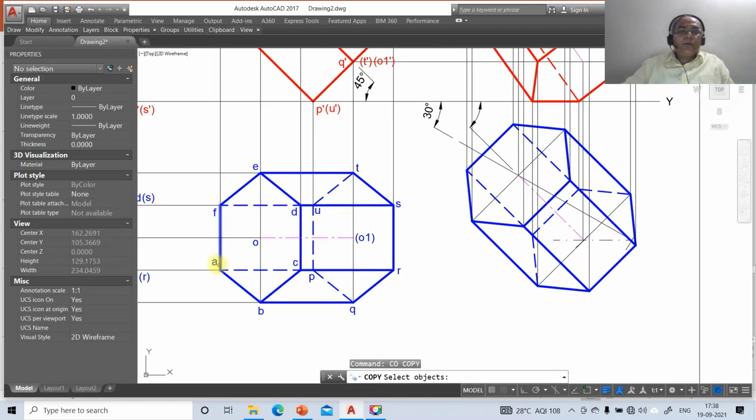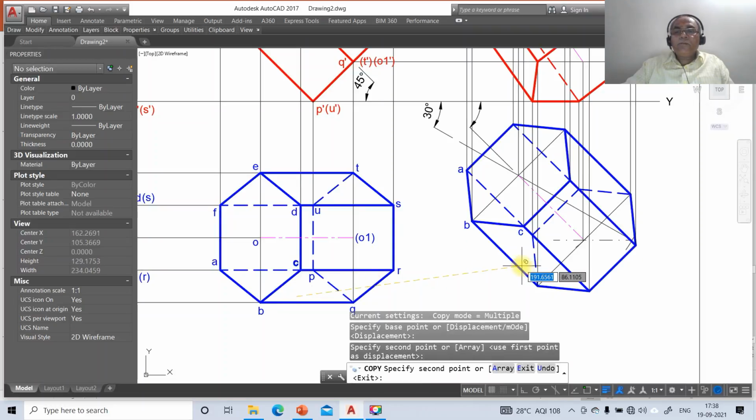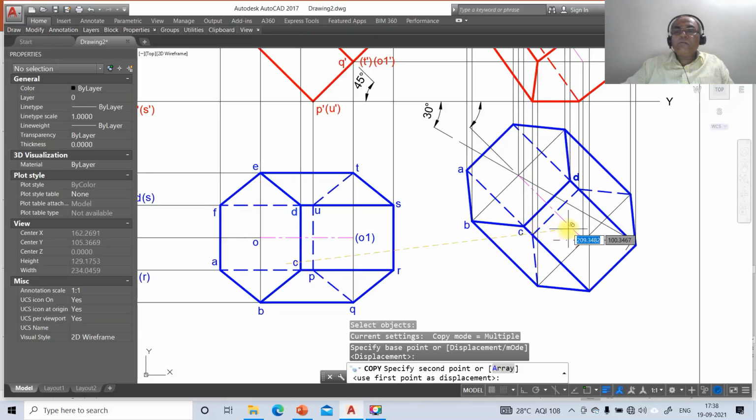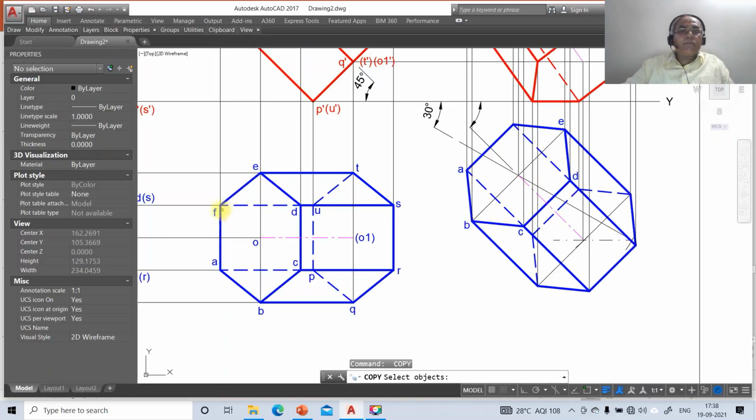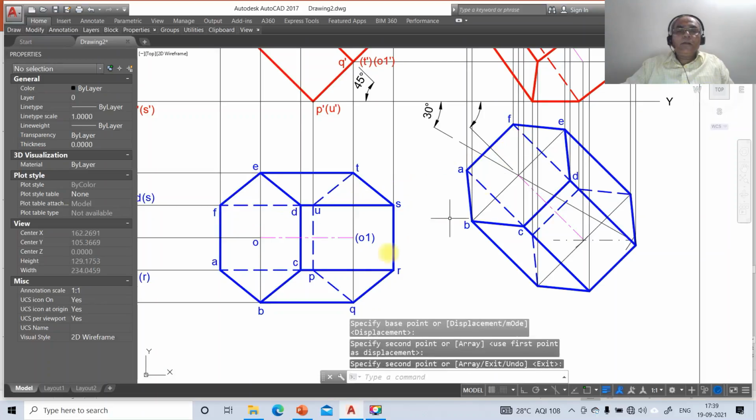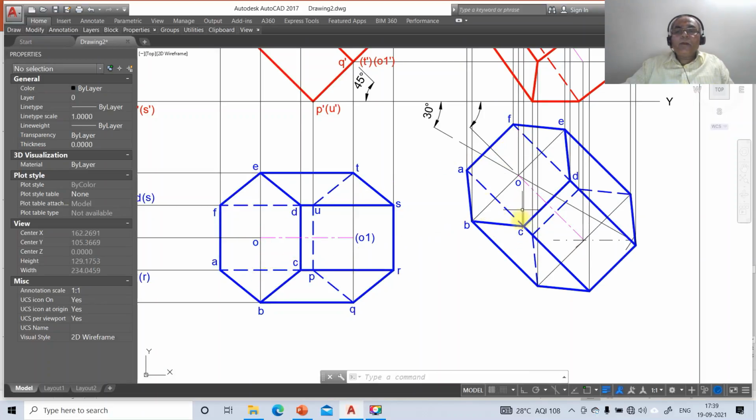So go to copy, you take A, you take B, you take C, you take D, you take E, you take F, then you take O, then you have P, then you have Q, you have R, you have S, you have T, you have U, you have O1.